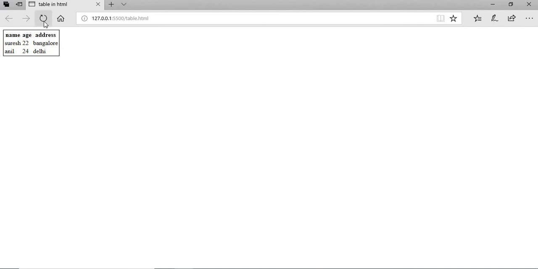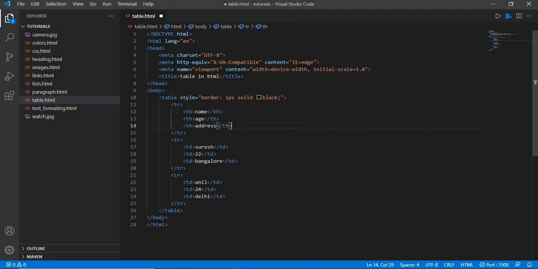Just a second. Oh, yes, here you can't give style for tr and th; you can give that by using internal CSS or external CSS. So the CSS part we'll learn later, in the CSS tutorial, where we'll learn how to give CSS.